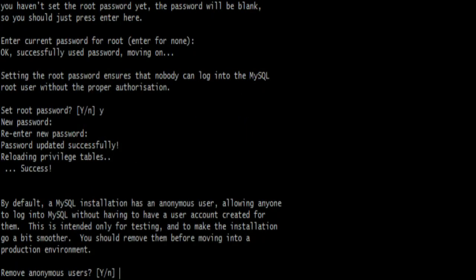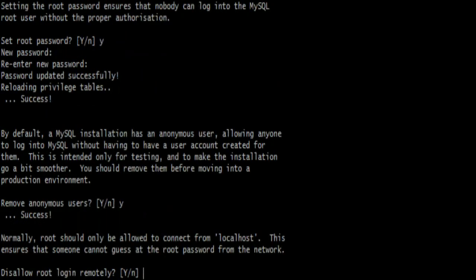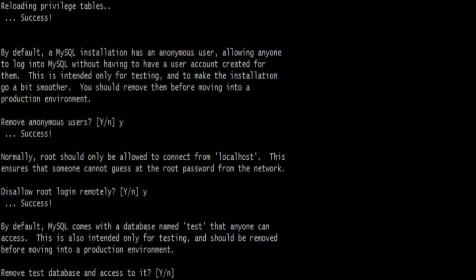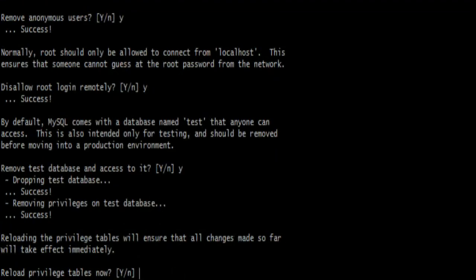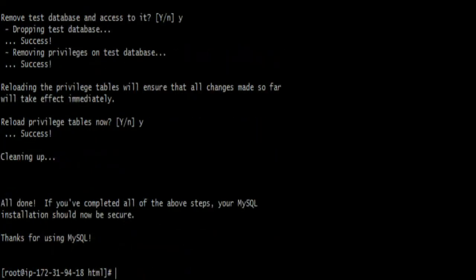It's asking to remove anonymous users. Yes. Disallow root login. Yes. Remove test database. Yes. And reload privilege tables. Yes. So we are done now.